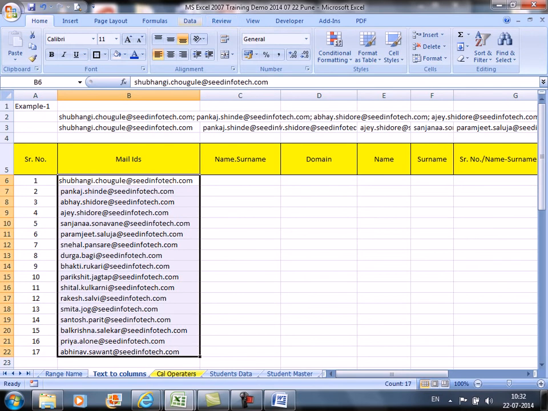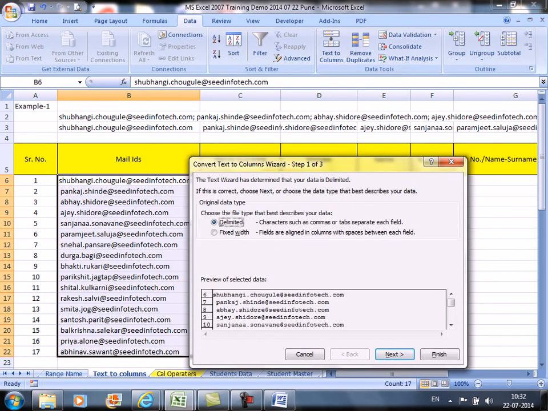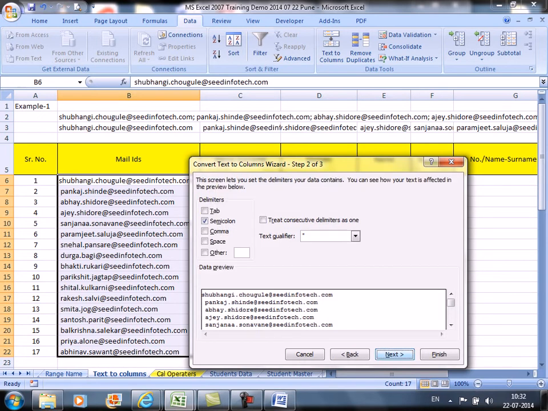Select the cells. Again go to Data, text to columns, delimited. See how the changes occur the moment you select the delimiter. Now what we want is other. Click on other and type the at the rate sign here.